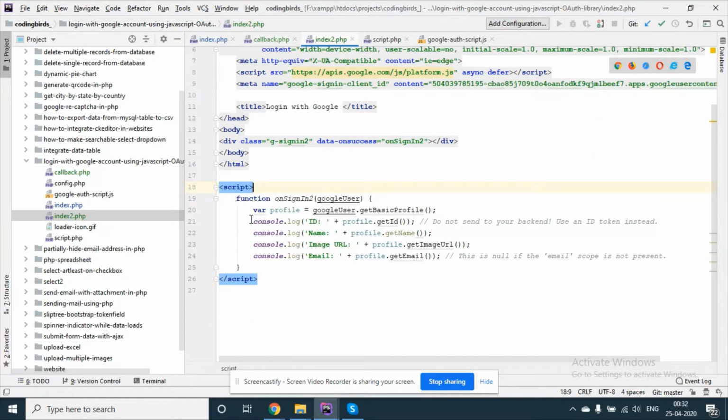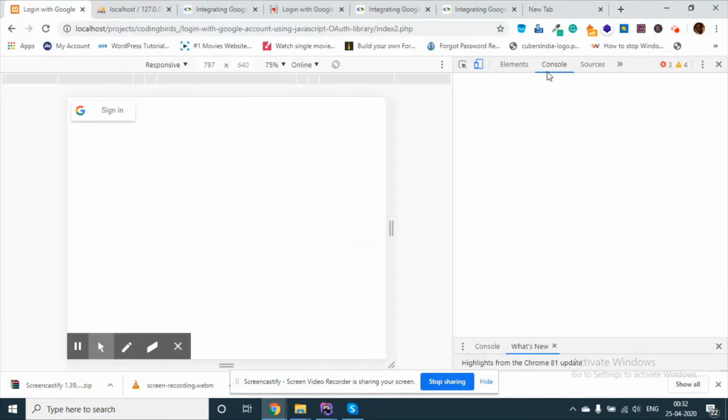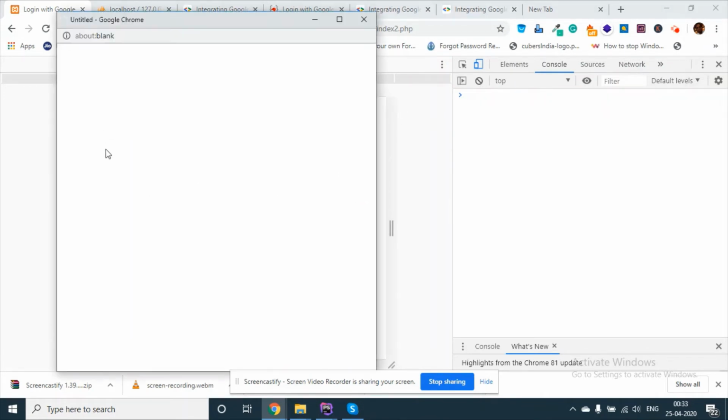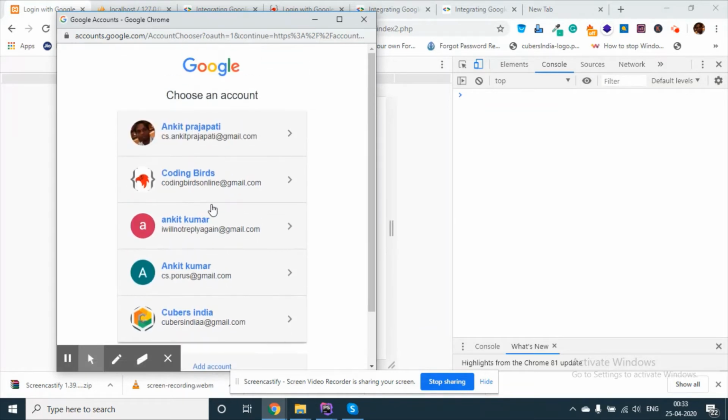Now, see, we are putting it in the console. We will see here. Just inspect, come to the console page, refresh. Click on sign in. Select the account, whatever you want.